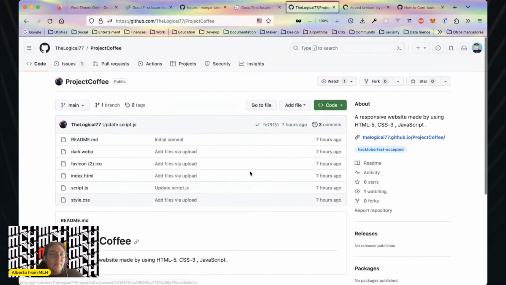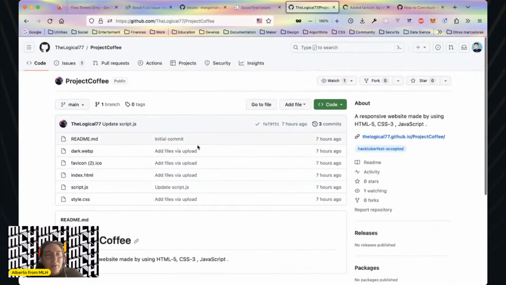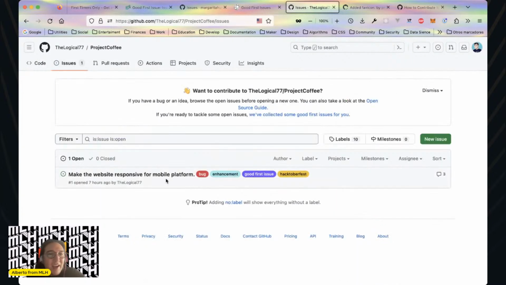So I don't know. This one is not a good example because it's very new, you see 7 hours ago, and it now has three people wanting to fix this.